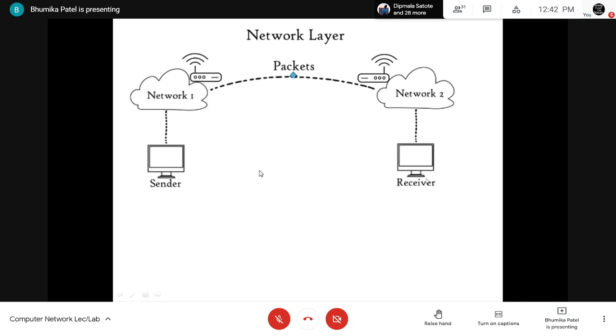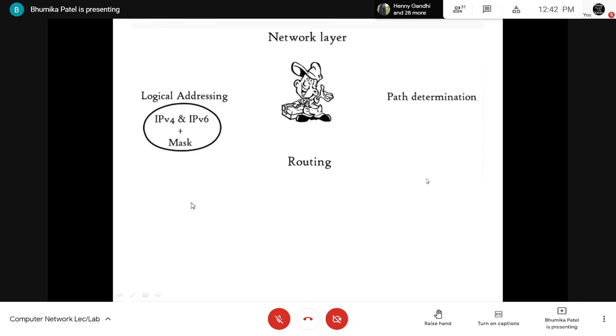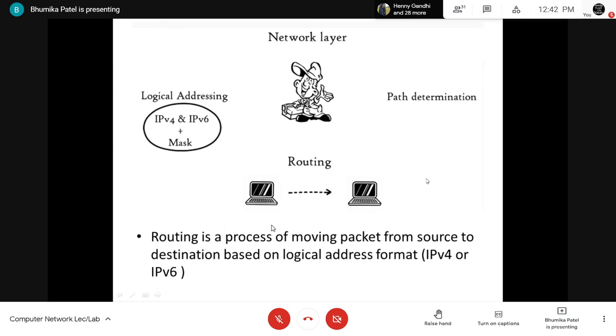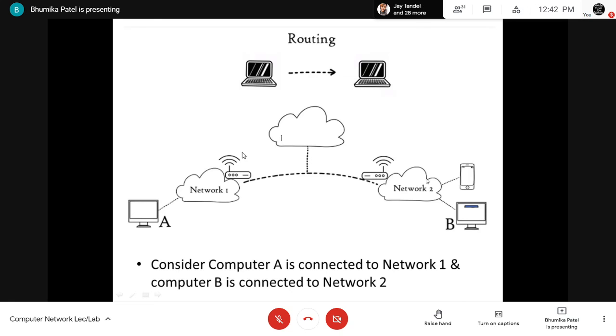Okay, so moving the data from source to destination is called the routing. For example, computer A, or you can say the sender. Suppose this computer A is connected to network 1 and this computer B is connected to network 2. As we know, what is network? Network is set of the devices or set of the computers that are connected with each other. So there may be multiple networks, network 1, network 2, network 3 and so on. There can be multiple networks and બધા network ની અંદર multiple computers હોઈ શકે. Similarly, this computer A is connected to network 1. This computer B is connected to network 2.